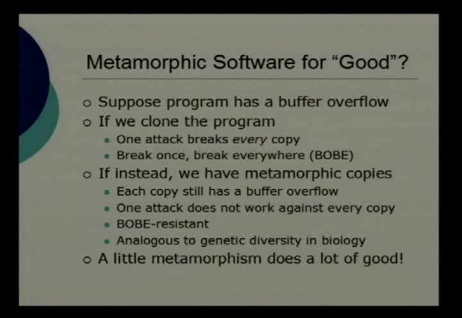And in fact, I had a student do a project on this as well, who actually got the numbers and really implemented it, and tried to see how often you could get the buffer overflow attack to work on the metamorphic copies. And it almost never works, okay, 1% or something like that. So the point here is that just a little bit of metamorphism, it doesn't have to be anything really clever, okay? In this instance, for buffer overflow protection, just this one example, a little bit of metamorphism does a lot of good, okay? It's sort of comparable to genetic diversity in software, genetic diversity in biological systems, okay?